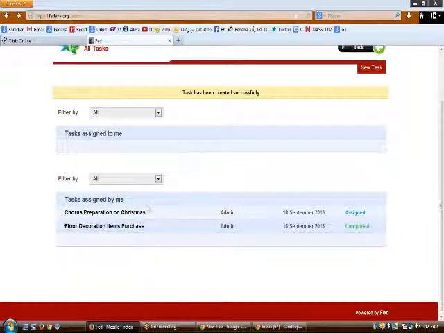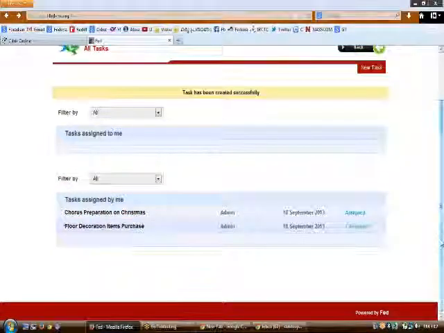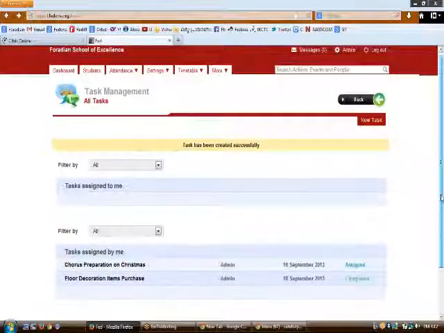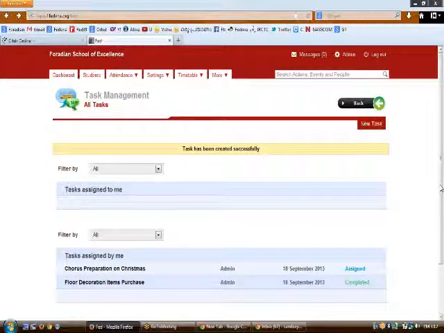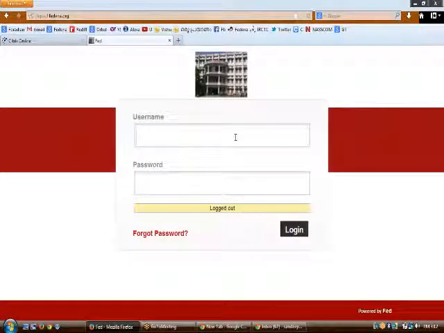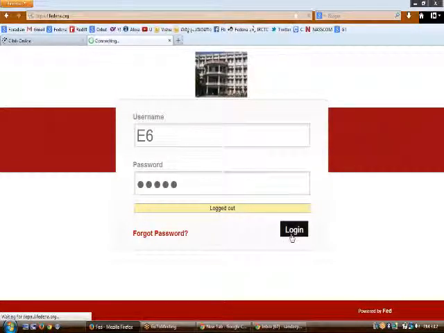So whenever we are creating a task here, this would be going to the particular students and the particular teachers who are involved for the particular task. So let us say that we have Surya Kumari and a student called Sandeep into it. So we will be checking out how the students would be seeing, or how the teachers can respond to the task which has them assigned with it. So this is the login of the employee E6 with the name Surya Kumari, to which the task is assigned.